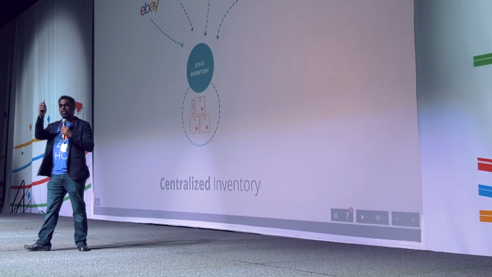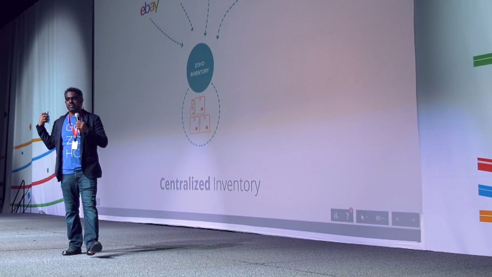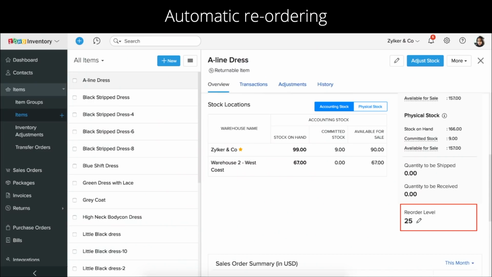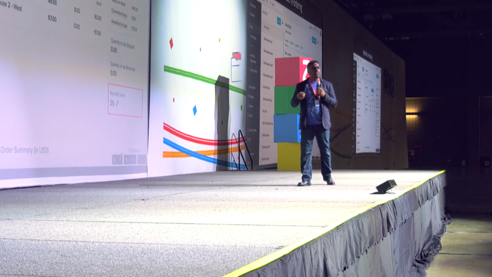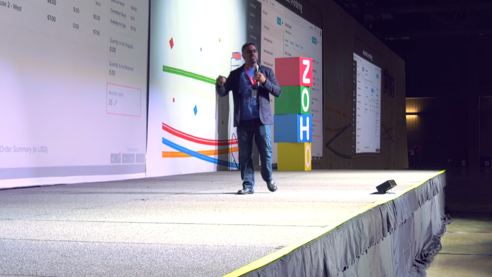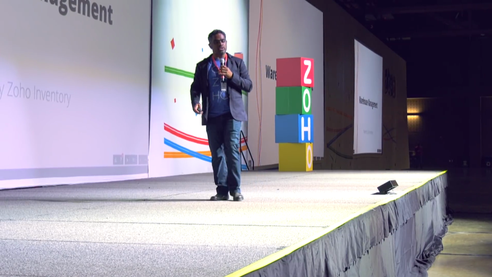Someone places an order on Amazon, and maybe you place another order on your e-commerce store. Well, you have an up-to-date inventory system, and everyone is on the same page. And we have built-in capabilities where you can reorder items if it drops below a certain level. If your inventory drops below a certain level, you can simply enable the reorder management.